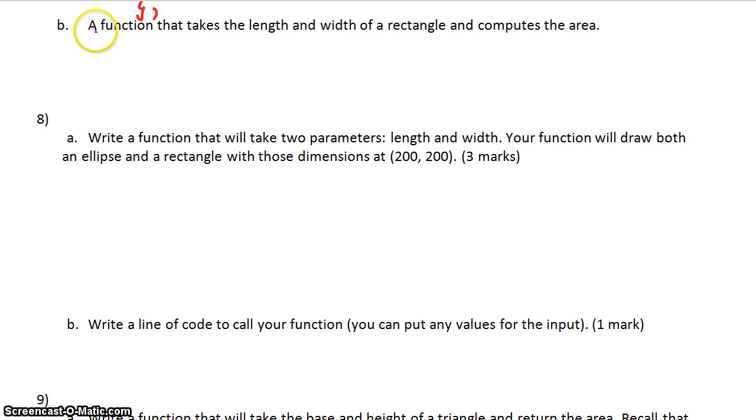So this question, I think, was just asking for the function header, not the actual function: a function that takes the length and width of a rectangle and computes the area. So we start every function with var, and then a good name for this, so it's doing the area. Since it's doing the area of a rectangle, maybe I can put areaRect equals function